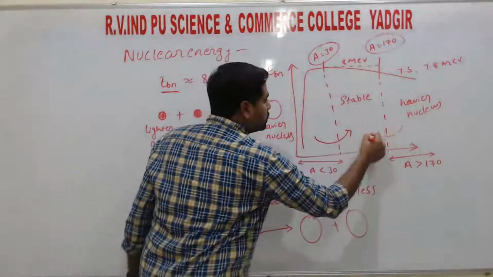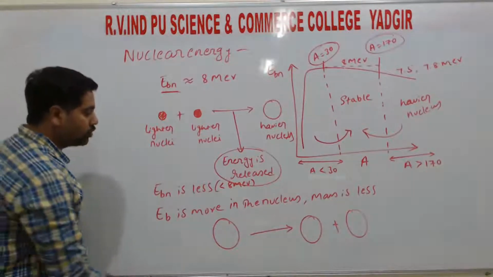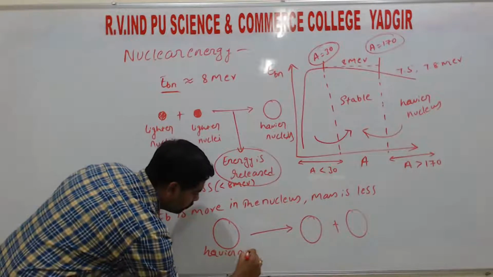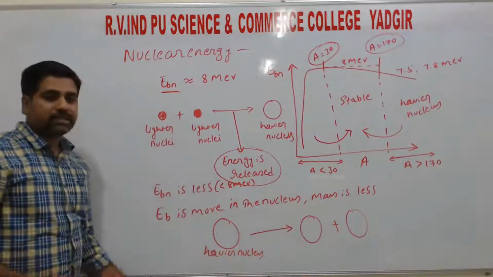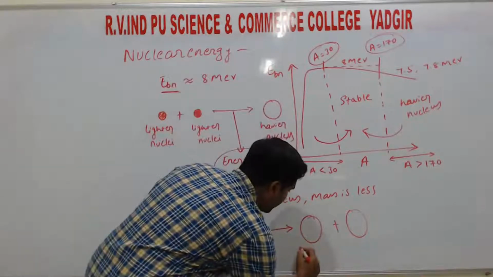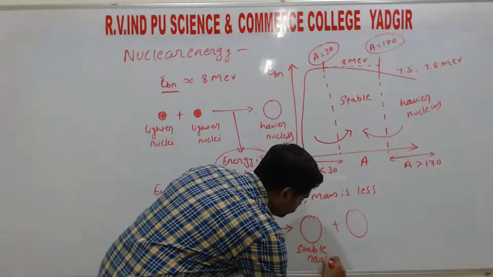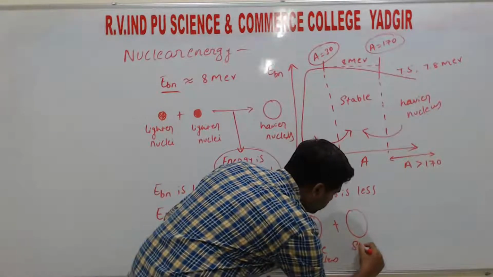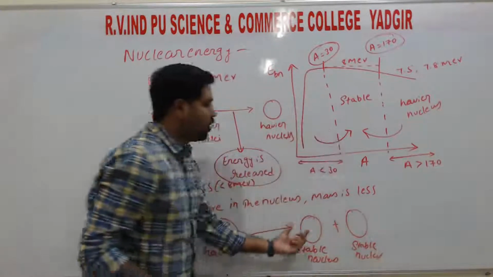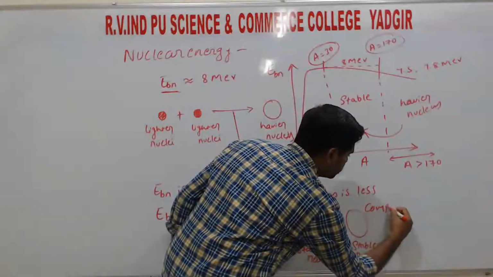So this will come under the region of stability, right? This one is the heavier nucleus. This nucleus is able to split into two separate stable nuclei, of almost the same, comparable mass,